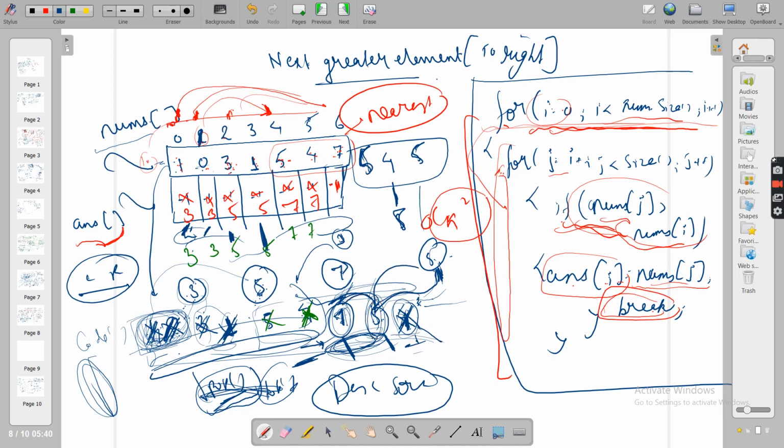Because on its left, all the elements will be either greater than or equal to 5, they will not be lesser than 5 anymore, because it is descending. So going top to bottom, you are getting only 2 comparisons, but going left to right, or bottom to top, you are getting 3 comparisons. So which one is preferable, guys? Obviously lesser comparisons.